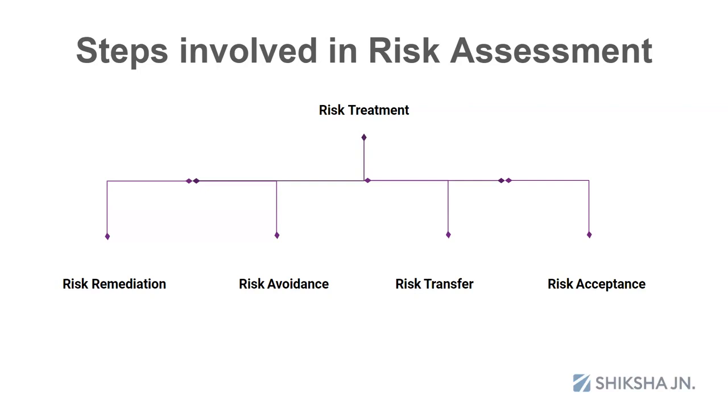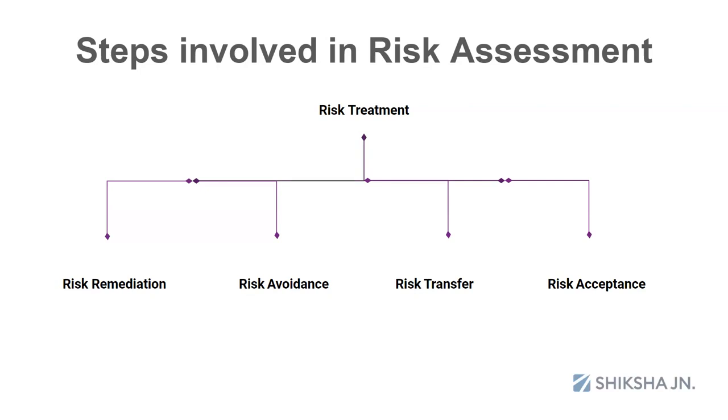Okay. And the last point is going to be risk acceptance. If these 3 points are not going to be in play, we are going to directly get into a risk acceptance procedure. Okay. Risk acceptance procedure is nothing but there is a risk and it cannot be remediated. There is no solution for it and it cannot be avoided because the business is in need of it. And transfer of risk is also not possible based on the insurance company policies. Then finally, we are going to do the risk acceptance procedure.